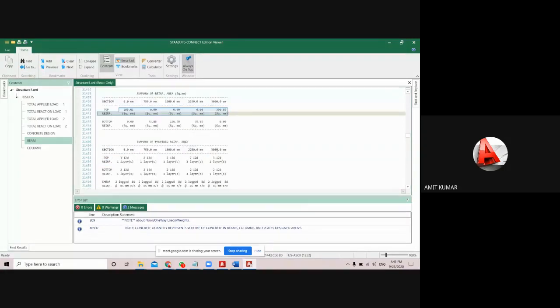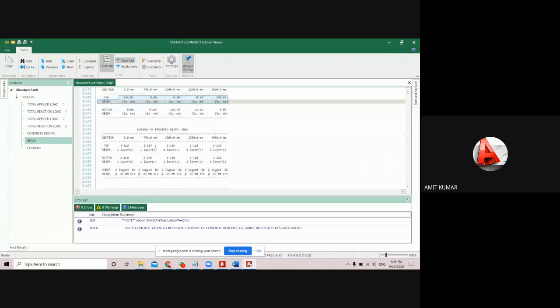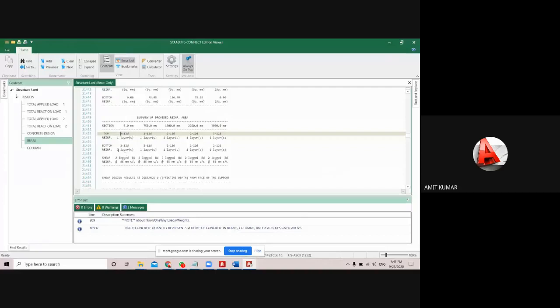And it will show you the reinforcement area. And at the next point, you will get the number of bars also. So here you are getting the number of bars. At the top it is 12 mm bar, 12D means 12 mm bar, and the number of bars is 3. At the bottom, the number of bars is 2 and the diameter of the bar is 12 mm, 12D.